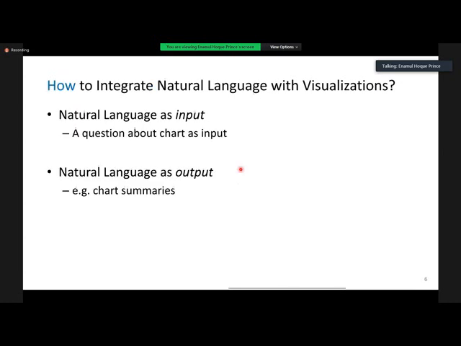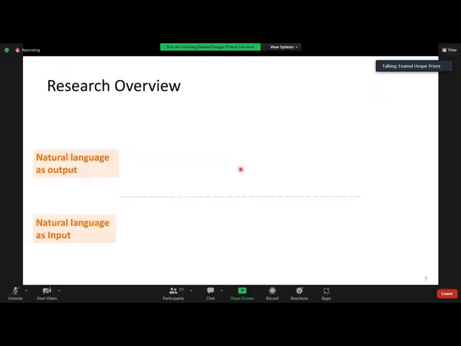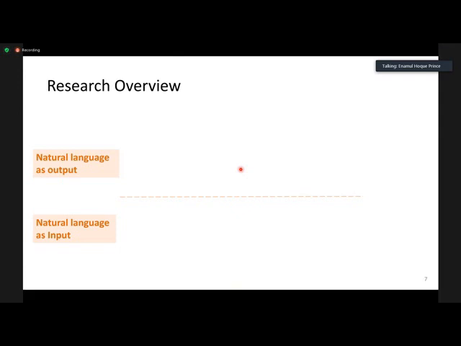With respect to these two goals, I have explored various projects that integrate natural language and data visualization both as input and output. I have several papers that I've published in recent years on this topic, but for the sake of time, I'm going to only cover three papers in this presentation. The first project I'm going to talk about is chart-to-text, where we use natural language as an output modality.